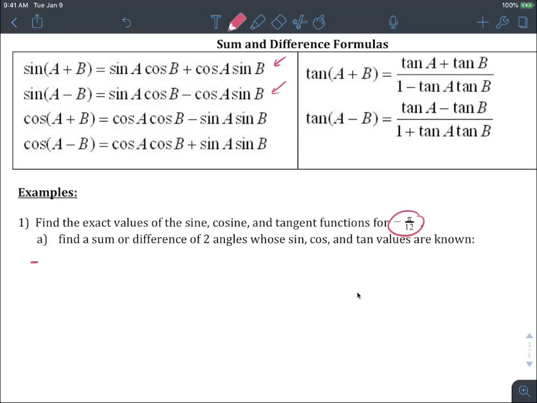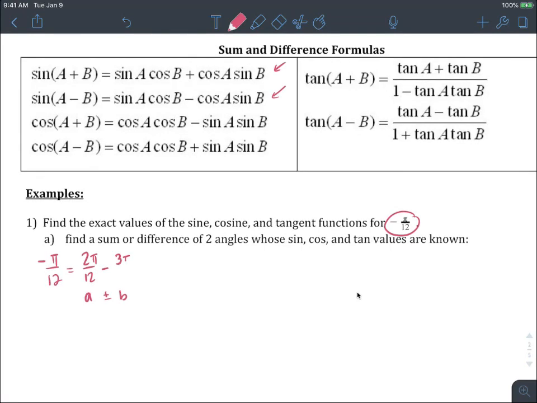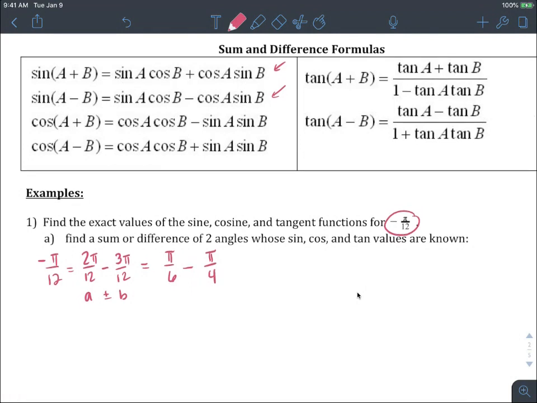So negative pi over 12 will equal some angle A plus or minus some angle B. Okay, so I know that 2 pi over 12 minus 3 pi over 12 is equal to negative pi over 12. And when we reduce that, that is going to be pi over 6 minus pi over 4, which is cool,